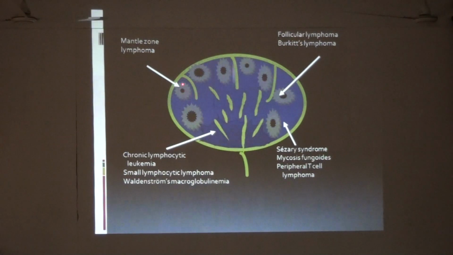Then in mantle cell lymphoma, they are small size mature lymphocytes. They are arising from the mantle zone area of the follicle. Then these are the medullary cords, where we have mature B and T cell lymphocytes along with plasma cells. So any lesions involving these mature lymphocytes and plasma cells arise from the medullary cord areas. And I said the paracortical area is the T area. So T cell lymphomas arise from the paracortical area, like mycosis fungoides or peripheral T cell lymphoma.